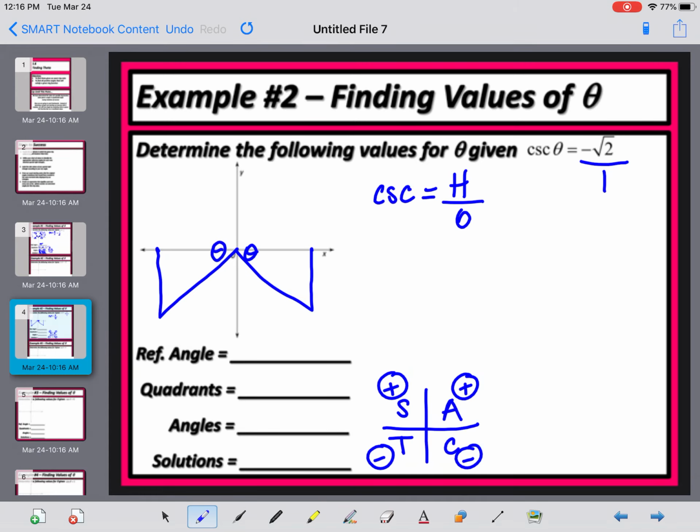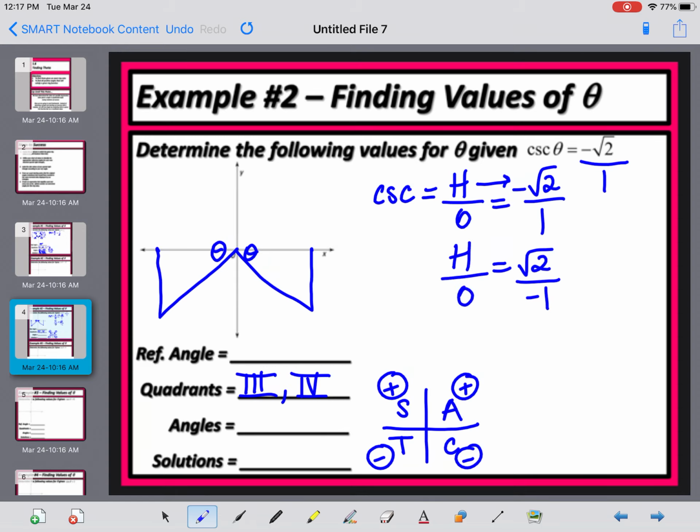But that's okay. I can give an equivalent ratio that still would come out to be negative root 2, but doesn't have a negative hypotenuse. So root 2 over negative 1 is still equivalent to all of these forms,